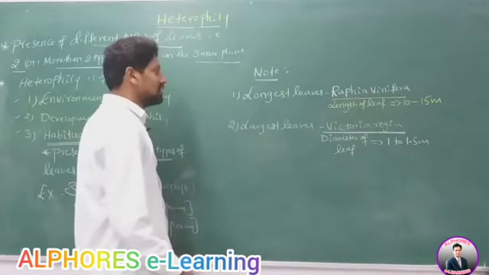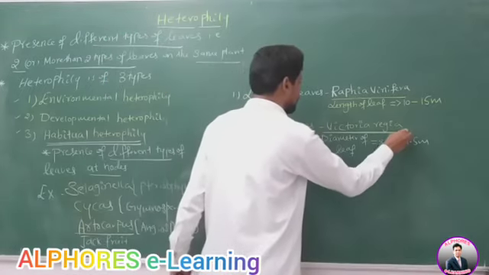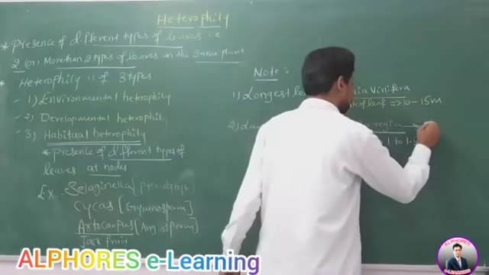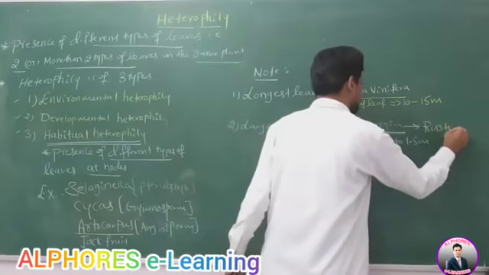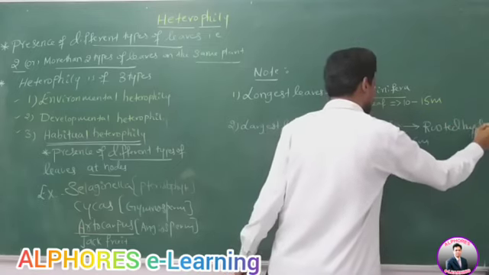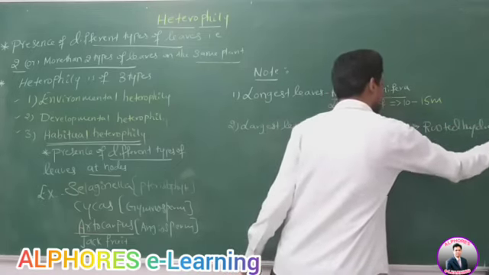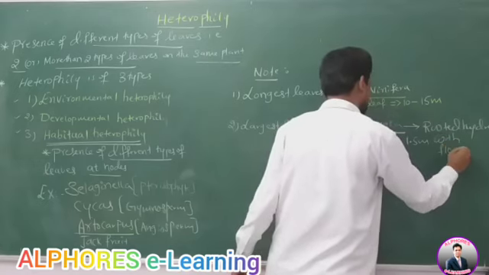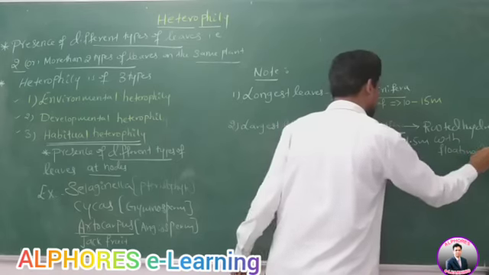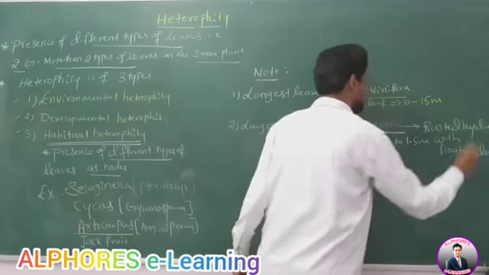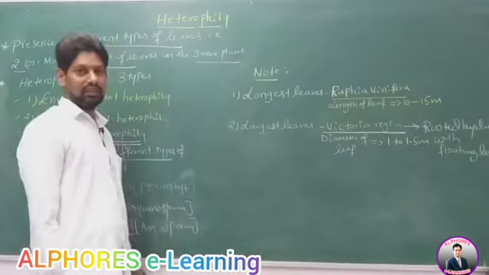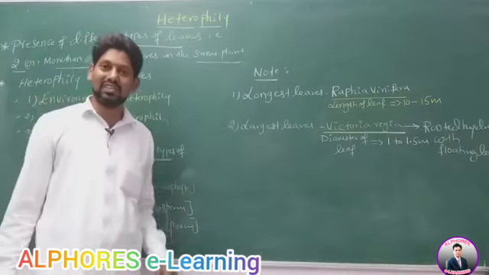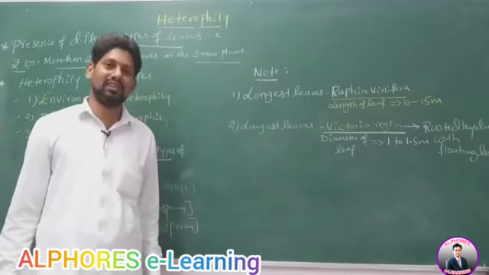Is it okay? This Victoria regia plant is a rooted hydrophyte with floating leaves. It is what, sir? It is a rooted hydrophyte with what, sir? Floating leaves. Is it okay? With this, we completed leaf. Tomorrow we are going to start the next topic, that is inflorescence, right? Thank you.